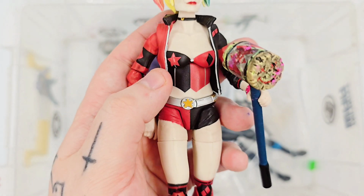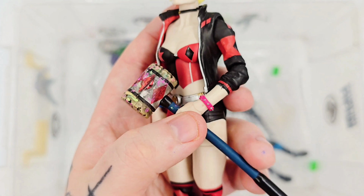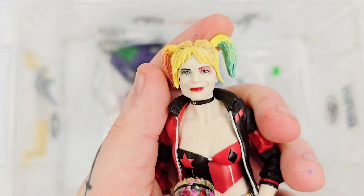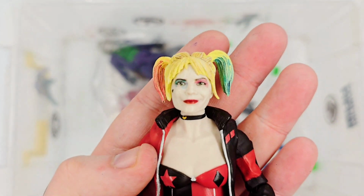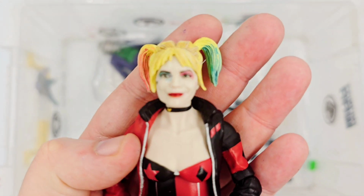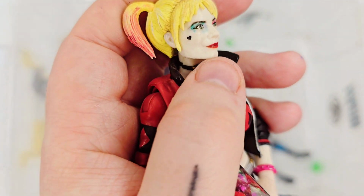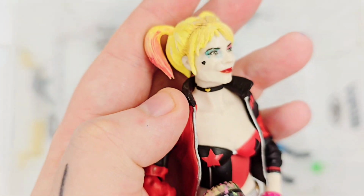So I took the body of a Mattel, I think theirs was called Multiverse in the End figure, popped the head off and replaced it with this one from the McFarlane Birds of Prey Harley, and then I think I just used a bit of acetone to get rid of some of the tattoos, then added just a little bit more makeup and a bit more colour into her hair,